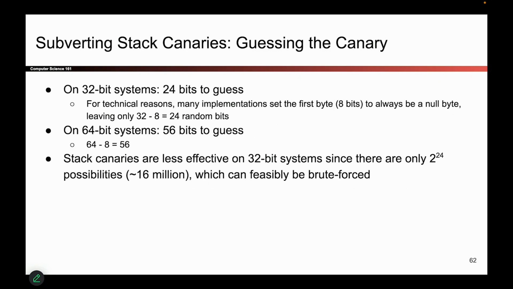OK, and the final defense is the silliest one. If the canary is a random value, you can just guess it. Your first guess is probably not going to be right, but if you guess a lot of times, you might get it right. So that's what we'll do. We'll run this program with the guessed canary, and then we'll run it again, and then we'll run it again. And if we do it enough times, we might get lucky, and our guessed value of the canary might match